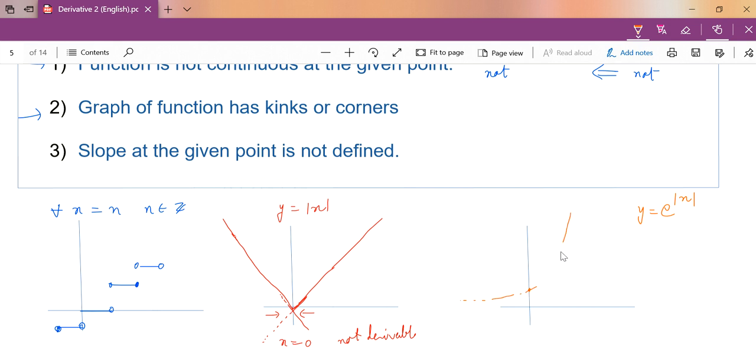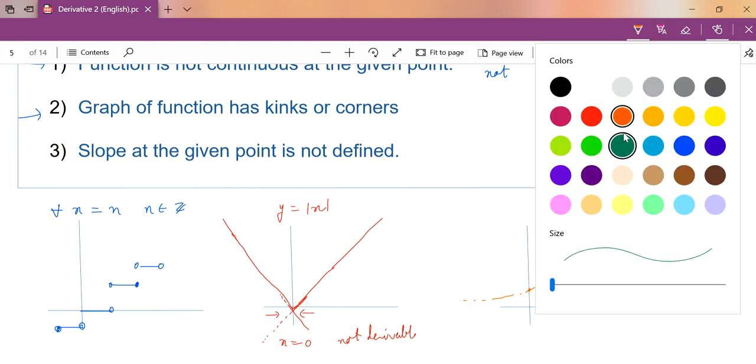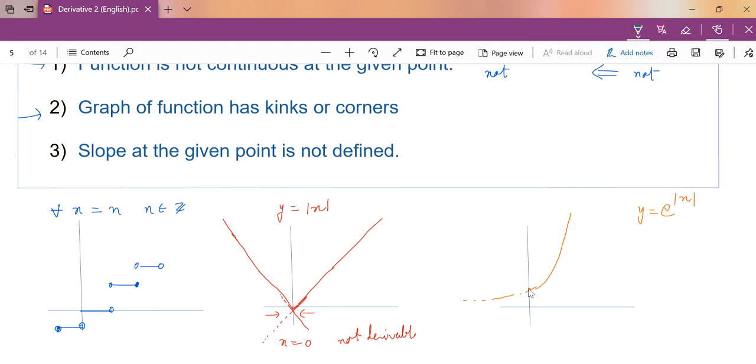So this is your exponential function, right, with a negative part. But if you have put modulus, that means what? You only have to treat the positive sign, and the same will be reflected on this part. So though it doesn't look as I have drawn, here you have a corner, and here your function becomes non-derivable, because on this side the slope will be different and from here the slope will be different. So again at x equal to 0, your function won't be derivable.